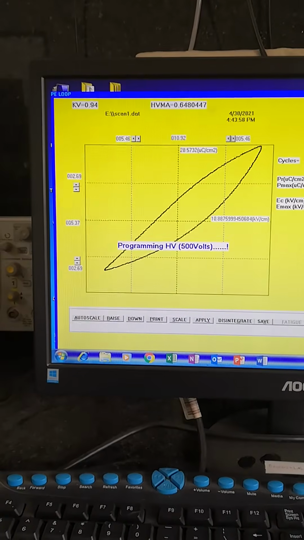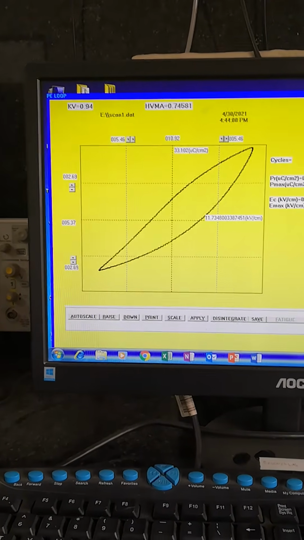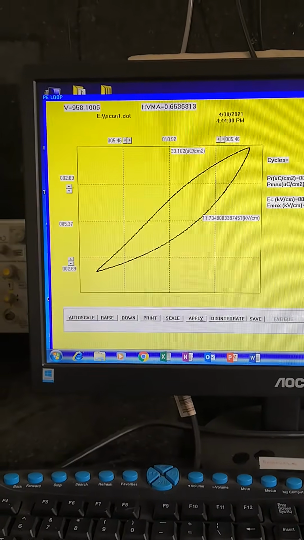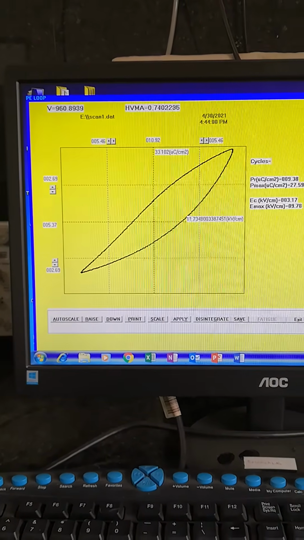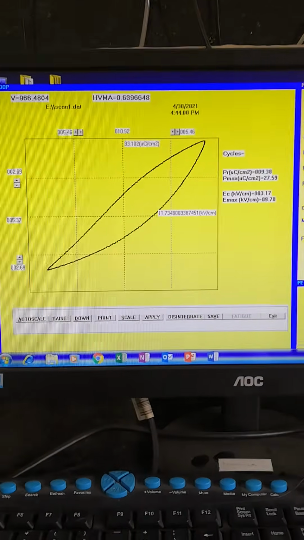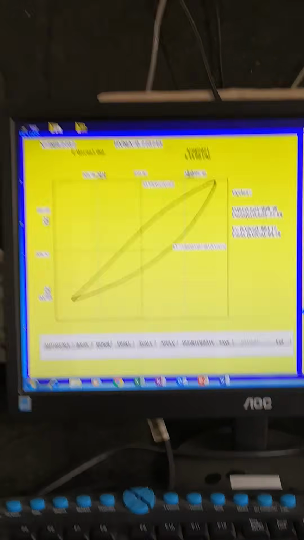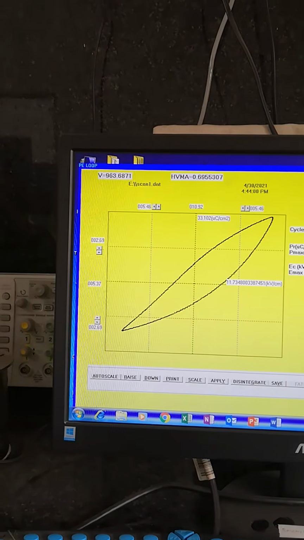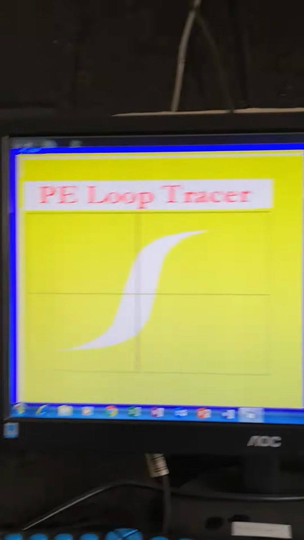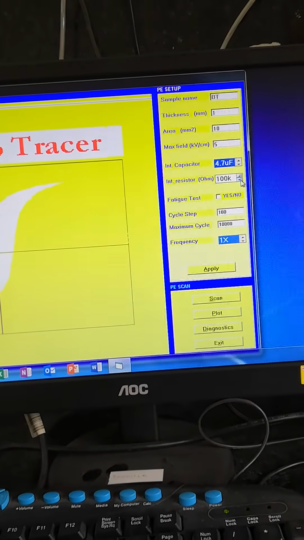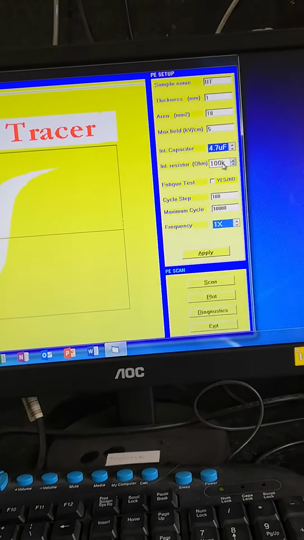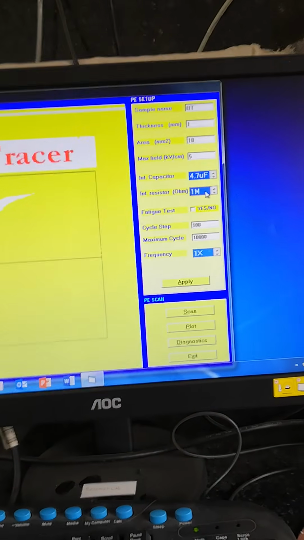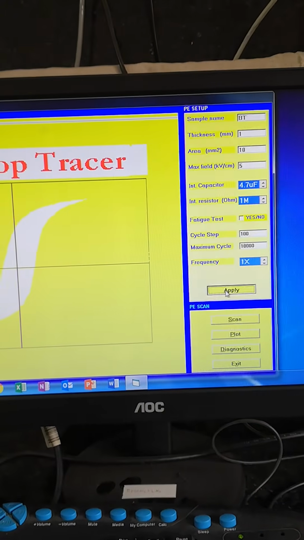Now we will change the value of the resistance. We will get a more refined PE loop for the sample. So you can see, okay, we are getting it now. Okay, exactly at this resistance value we get a good PE loop.